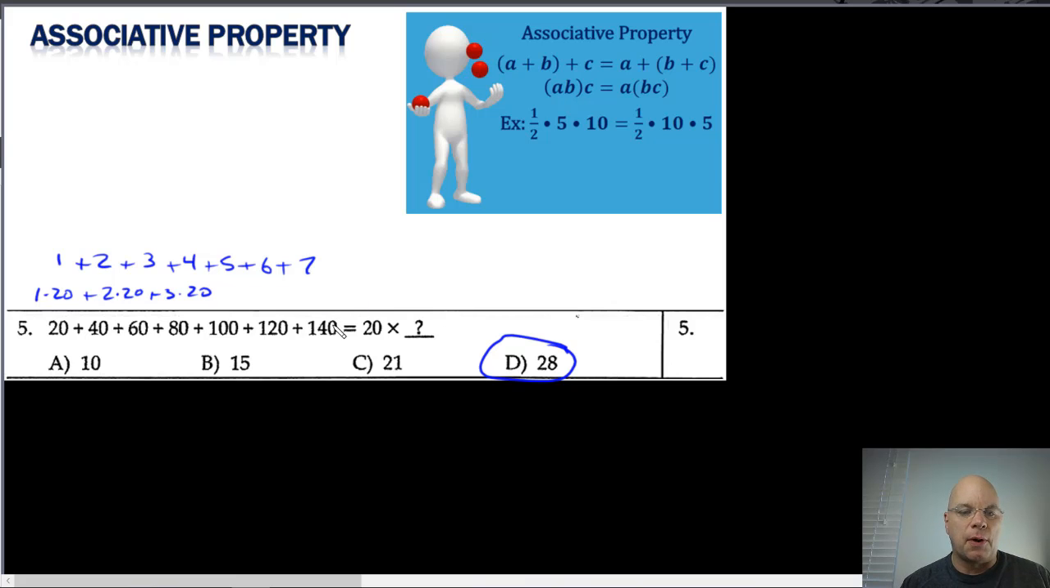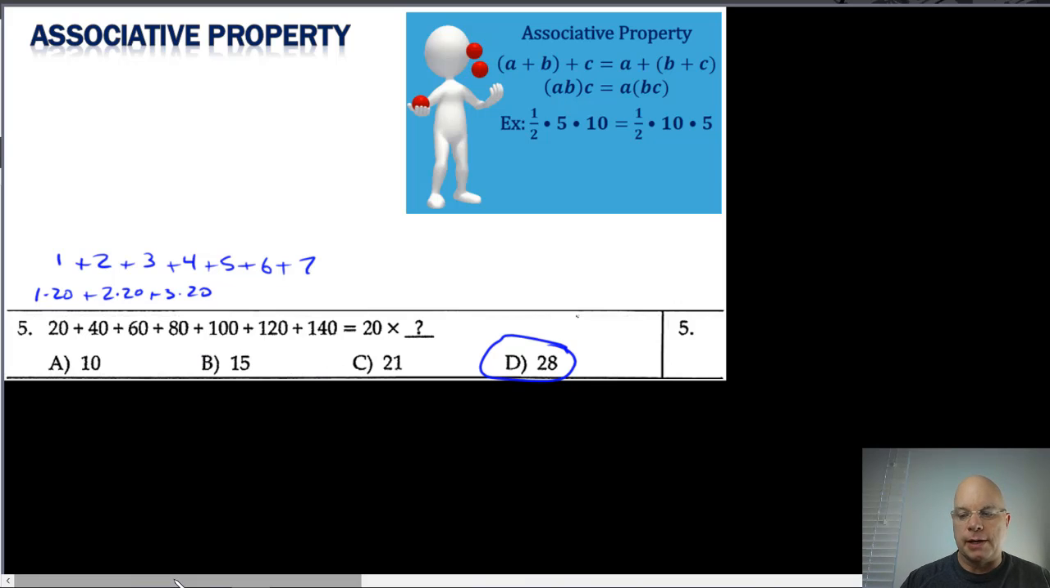I call this the associative property. The more I think about it, these should all be lumped under the category of just understanding the properties, because it's really more about distribution or factoring out 20 from each of these terms. But the point I want to make here is if you understand the properties when you're doing these problems,